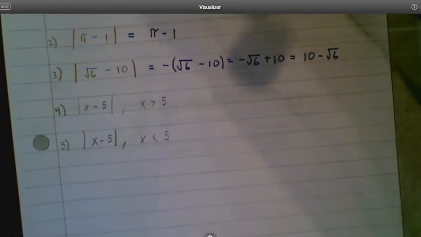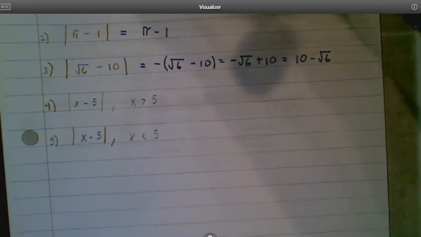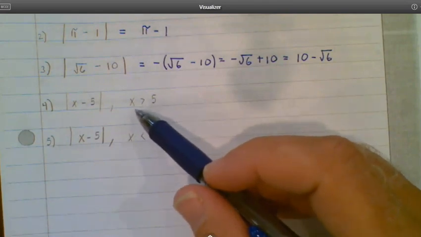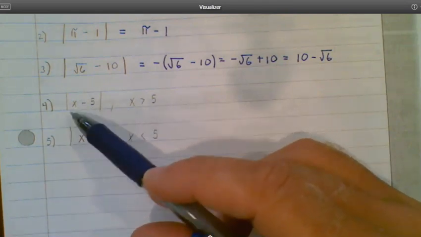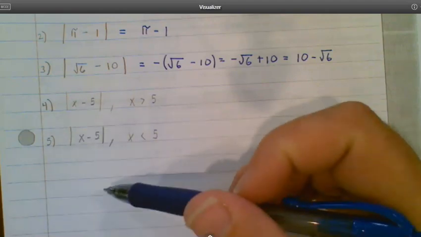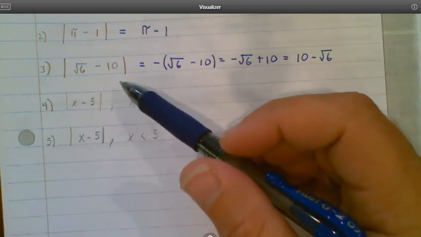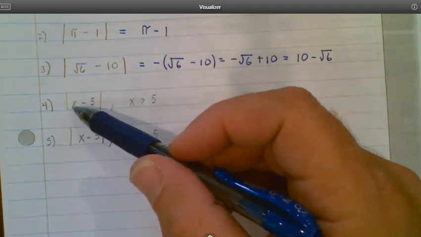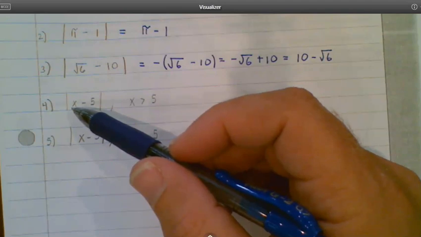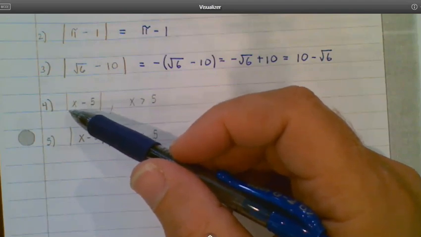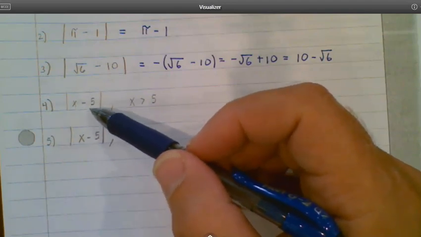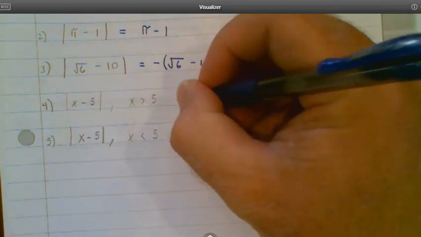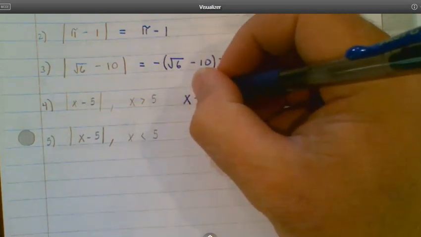for the first one here. With something like this, where you're now dealing with variables instead of real numbers, it's the same idea. You just have to decide, do I need the brackets? Is it already going to be positive, or would it become a negative? If my x is going to be something greater than 5, so pick any number greater than 5 and put it right here, am I going to get a positive or a negative? Well, any number greater than 5, when I subtract 5, I'm going to get a positive result, which means I do not need those absolute value brackets